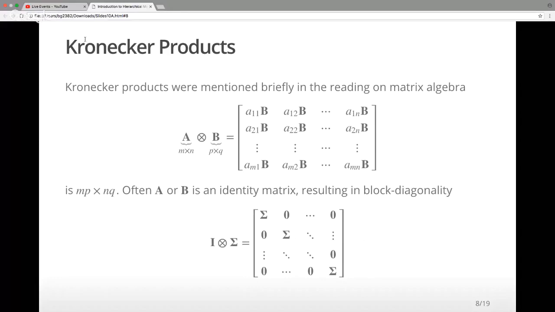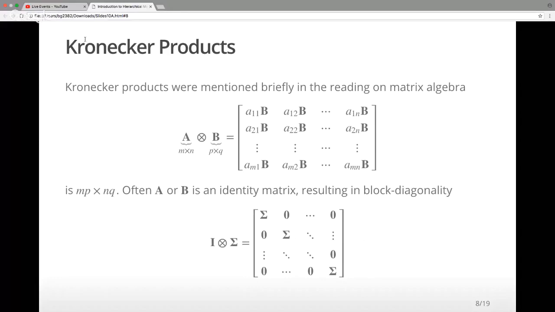And so that is pretty straightforward, although you don't see Kronecker products as much as you see other operations in matrix algebra. Often it's going to be the case that either A or B is going to be some matrix that has special structure, like diagonal or maybe even identity matrix. And so if A is the identity matrix, then a lot of the scalars in A are 0. And you have 0 multiplied by B, and that's just going to be a block of zeros in your matrix.